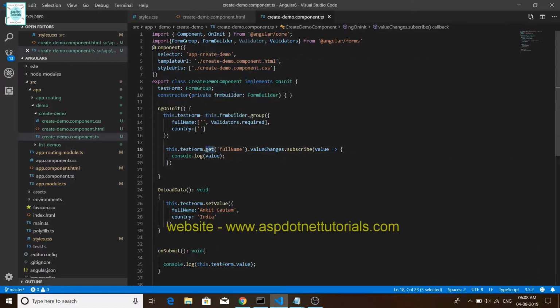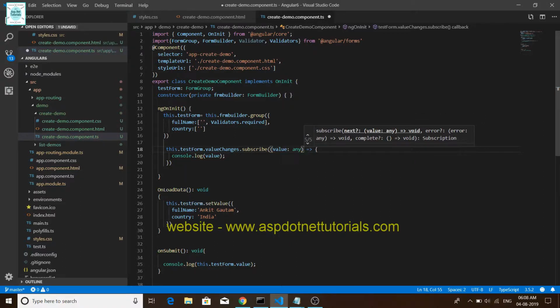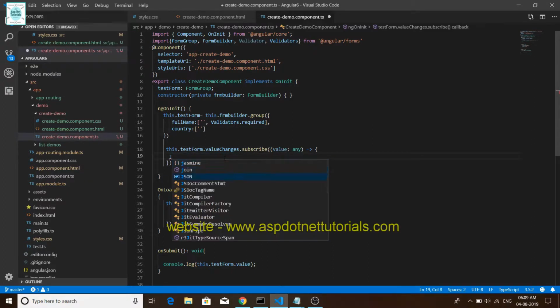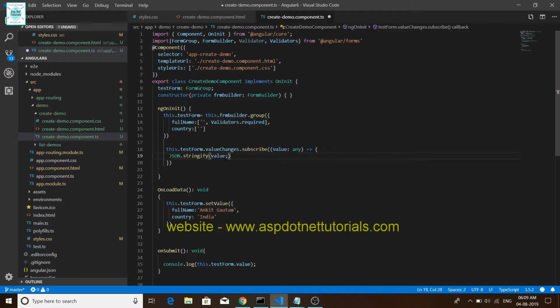We are not using get, without get, and we have to write, remove this and we have written this and using any, remove this and write a JSON dot stringify and passing the value, and this